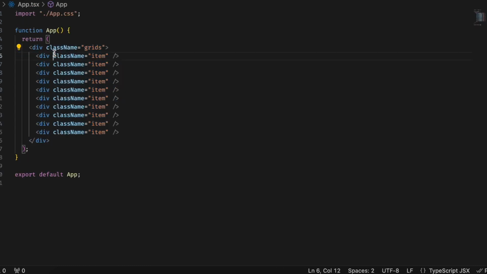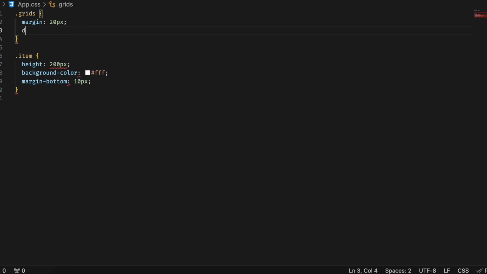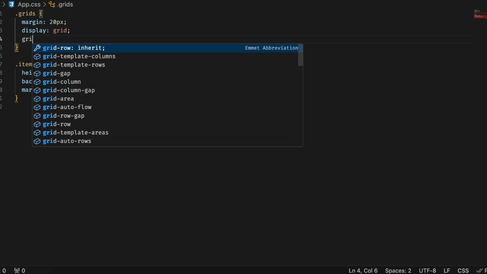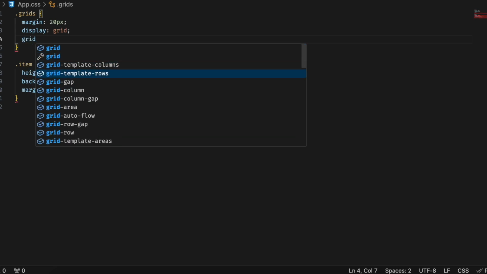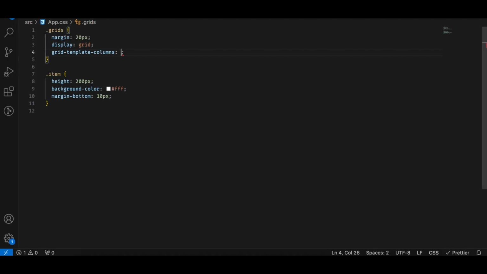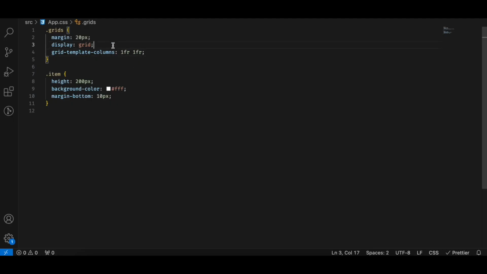In our parent div, which has the class name grids, I can just write the display property as grid. The main thing to remember here is the grid-template-columns property. This determines how many columns you want to have in your grid. For example, if I write 1fr 1fr, this means I would like to have two columns, and it becomes like this. But right now we cannot see the difference because of the gap. So let's give some gap between these items